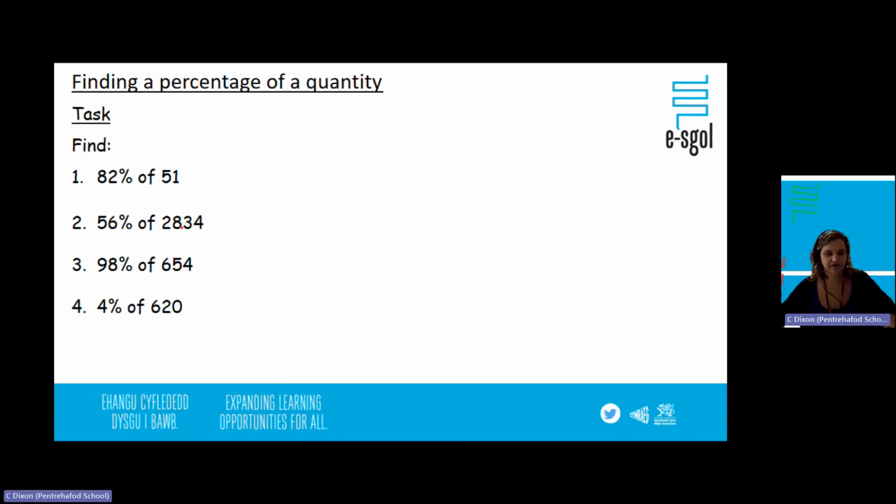Okay, coming back then, the methods that you should have had: 51 multiplied by 82 divided by 100, giving you an answer of 41.82, and all of that is just straight from the calculator. The second one, 2,834 multiplied by 56 divided by 100. Every time it's 100, that is never going to change. So